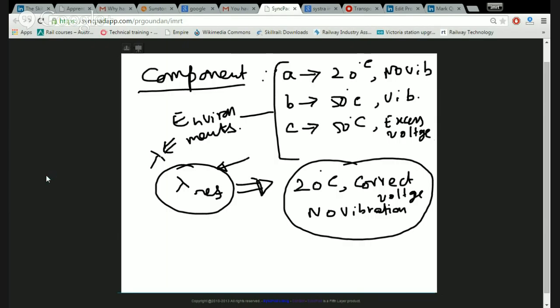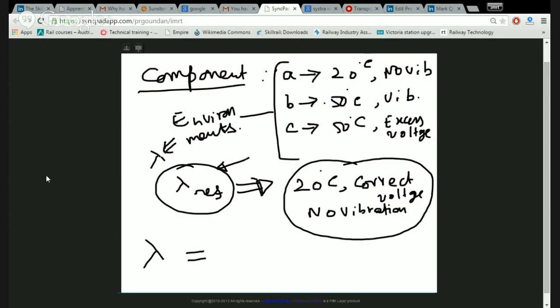Once this is available, then the handbook gives... but you want it for your own condition, not for standard condition. So what do you do? You simply apply some correction factors to find what will be the lambda for you. The handbook also says how you apply the correction factor and what the correction factors are. The beauty of the handbook is it also gives the correction factor. So the final lambda will be equal to,